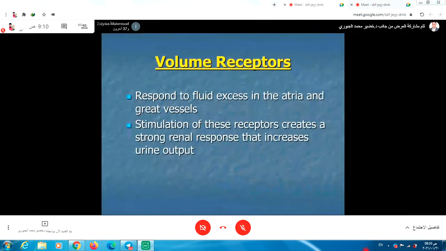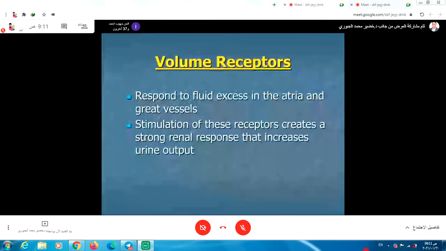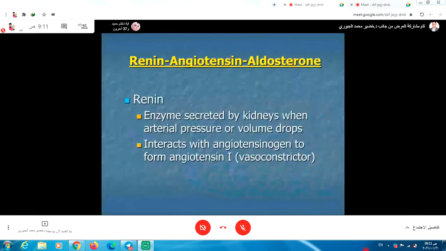The volume receptors respond to the fluid excess in the atria and the great vessels. The stimulation of these receptors creates a strong renal response that increases the urine output. The other system that regulates